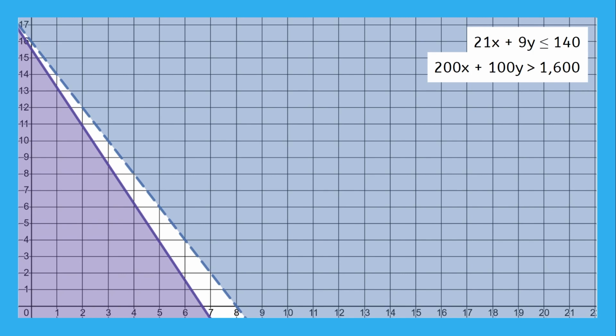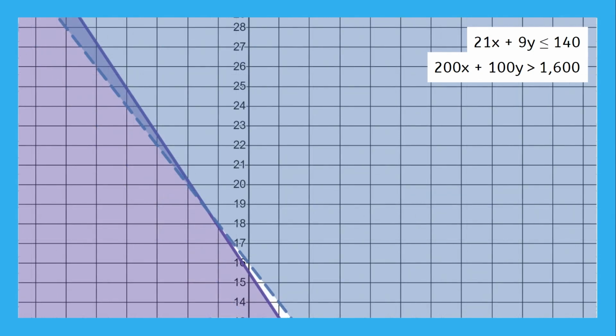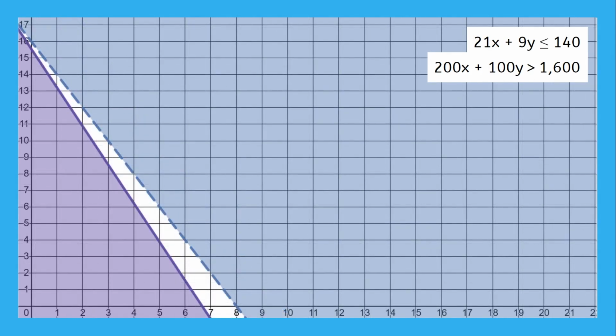The solutions will be in the overlapping area, which is where? We could see from the direction of the lines that if we move further to the left, we'll finally see some overlap. But that's in the negative x values, which doesn't make sense in this problem because we can't ship or sell a negative amount of furniture. So we have to stay in the positive values where there is no overlap.